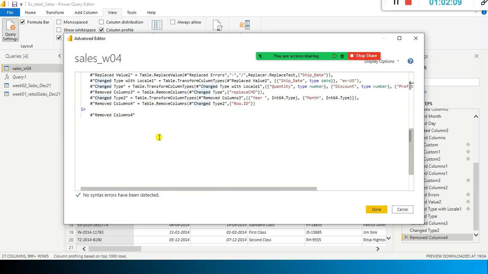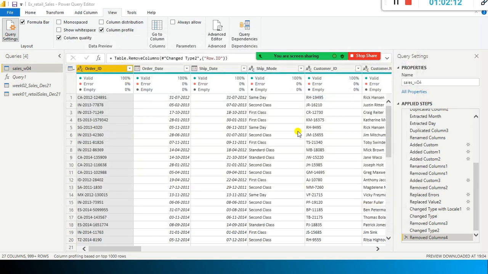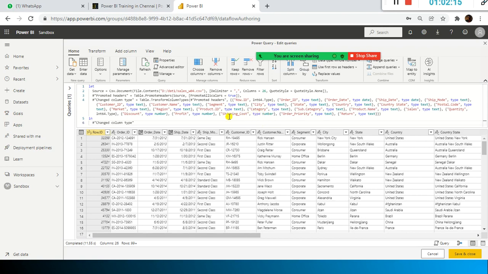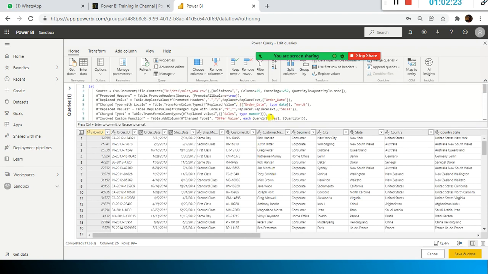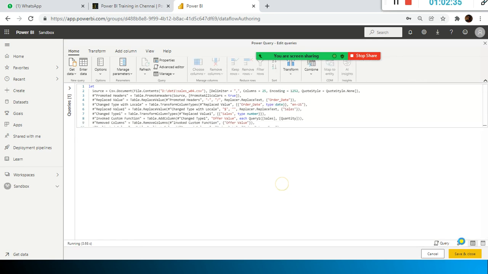So we have the let in block. From here I just selected it, copied it, and replaced this one. Okay, next I'm going to select this icon. On the right bottom, just above the save and close, you will find something like this. When you select it, the schema diagram shows you all the steps that we applied. This schema design is done based on the steps that we mentioned here.